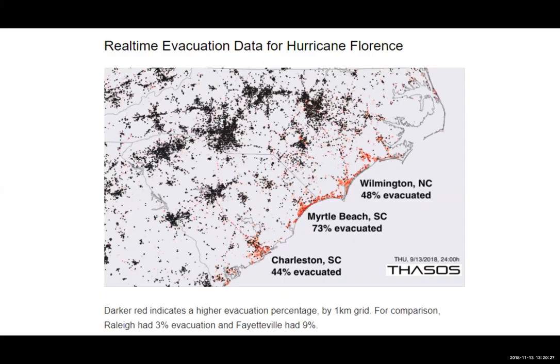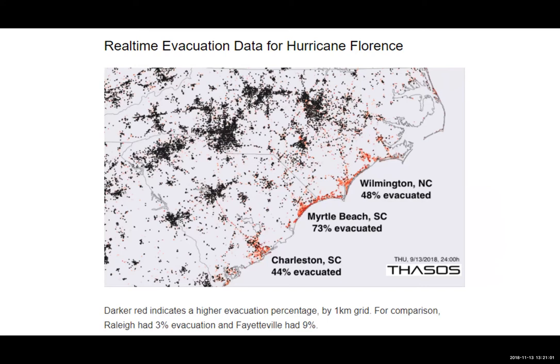Here's another example, and again, this is off the Thesos website. Real-time evacuation data for Hurricane Florence. So this is Thesos sharing data with, I imagine, the Department of Homeland Security, or some relief agency in the federal government, and they're able to show if people are following evacuation orders. This is prior to Hurricane Florence earlier this year, and the darker red indicates a higher evacuation percentage, and so you can see that